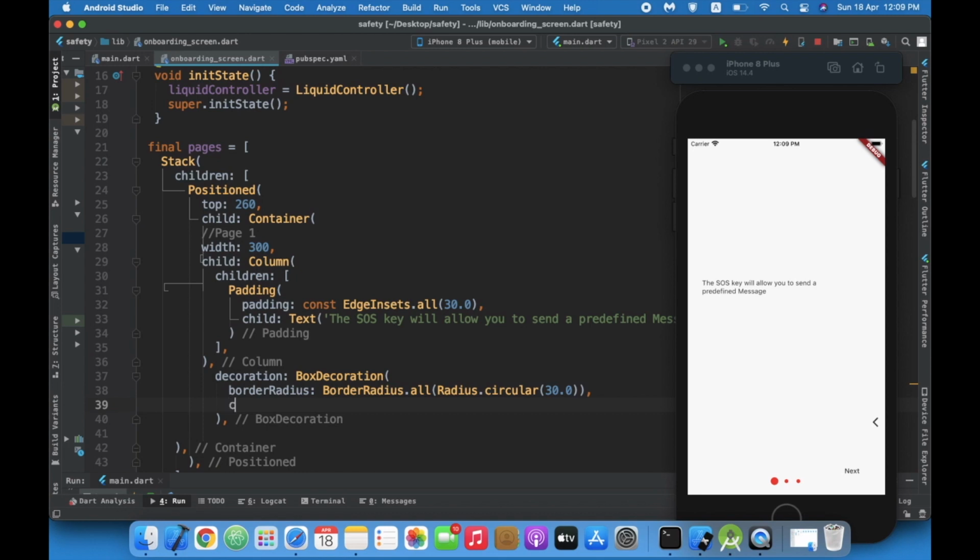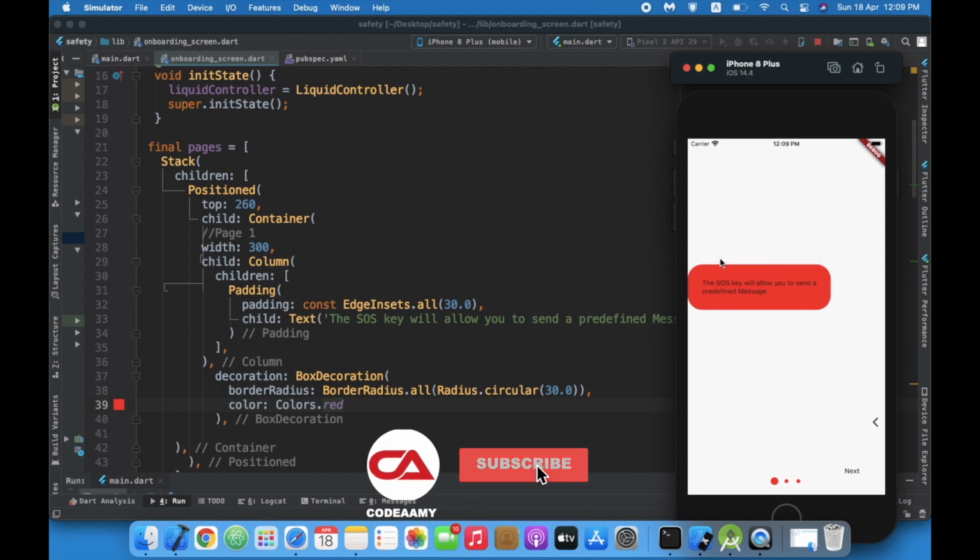Okay, color, you can give whatever color you want. So I'll give colors dot red right now to make it visible. I'll hit the play button. Okay, so this is our box.